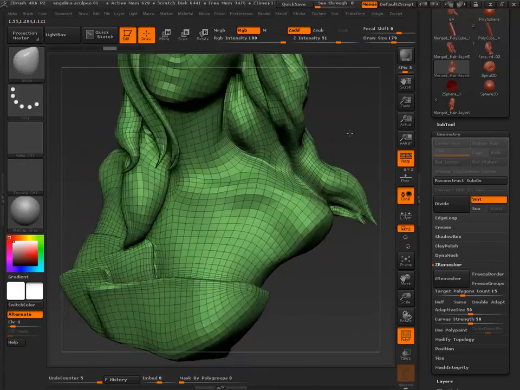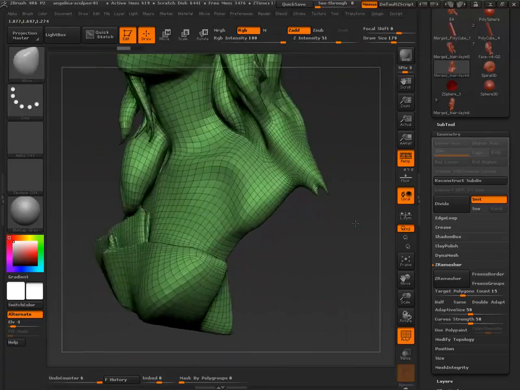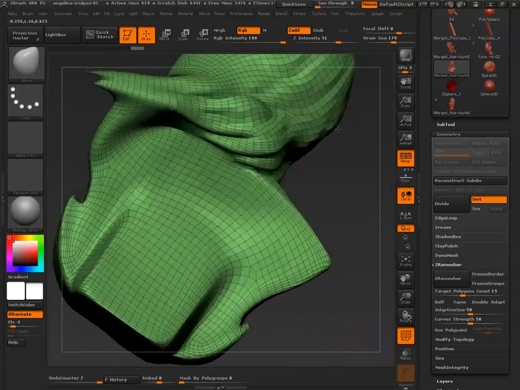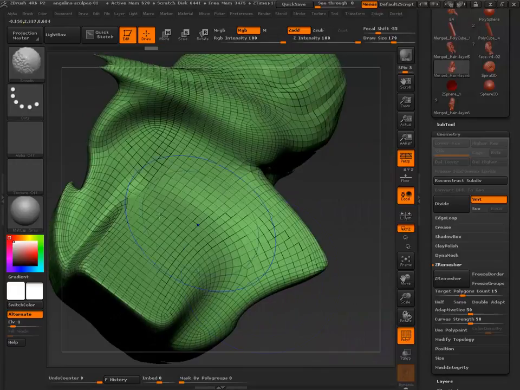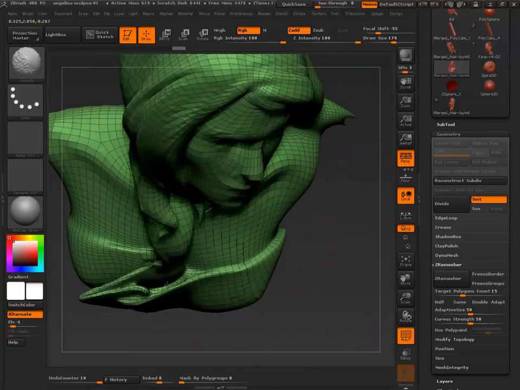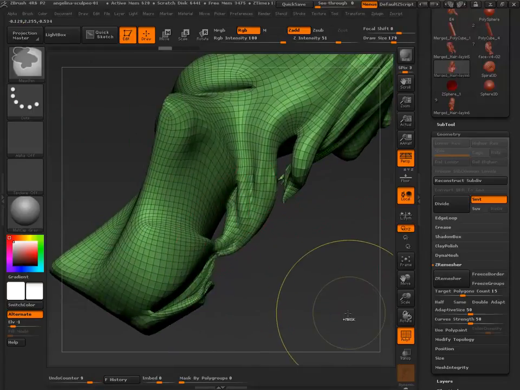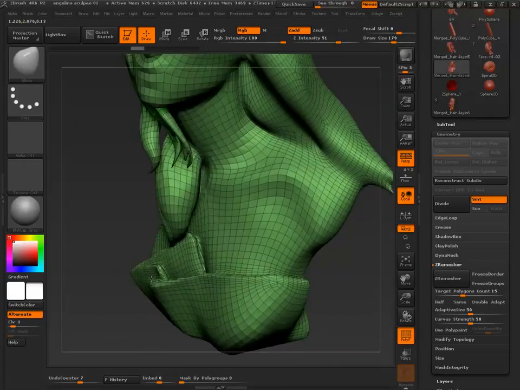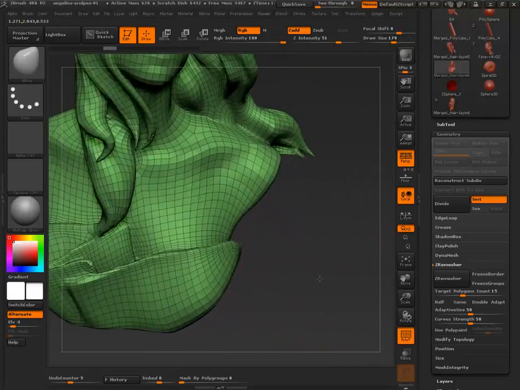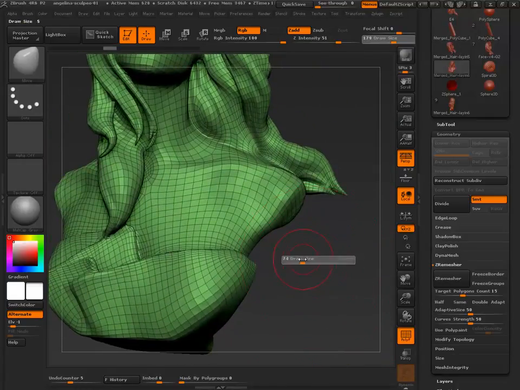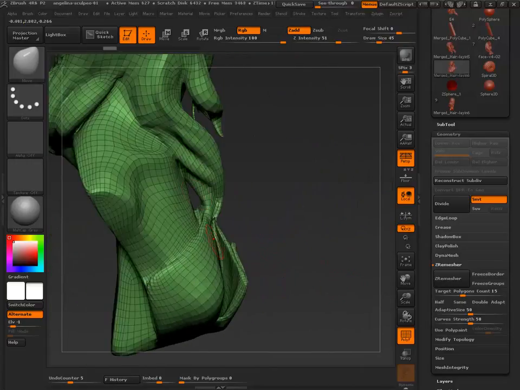Notice that one of the things I am doing is just smoothing the model out. I am looking for where these problems are going to be. And I know exactly what's going to cause problems with the UVs. It's these holes. It's not rocket science, right? That's exactly what causes these problems. So before I answer this, I want to get an answer from you guys. How am I going to solve this UV issue without going into, let's say, Headus, sorry, that's an ancient one, without going into UV Layout or Maya or something like that?